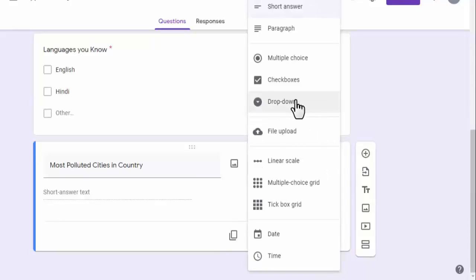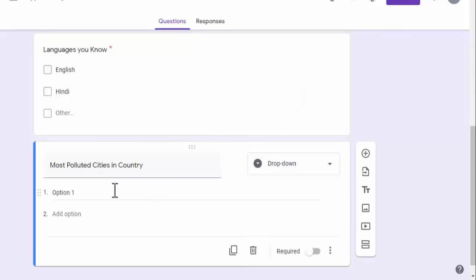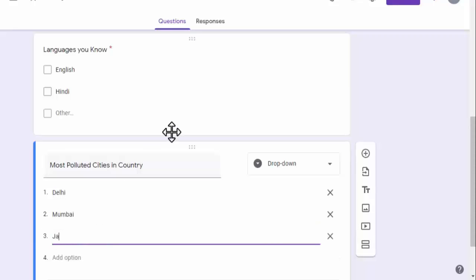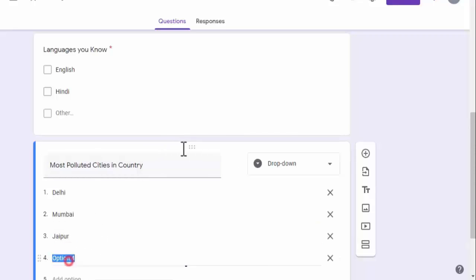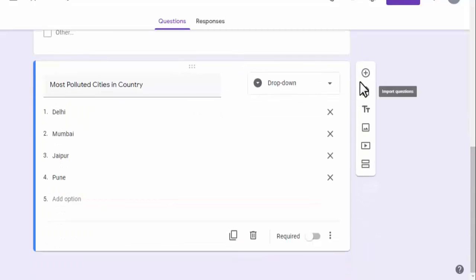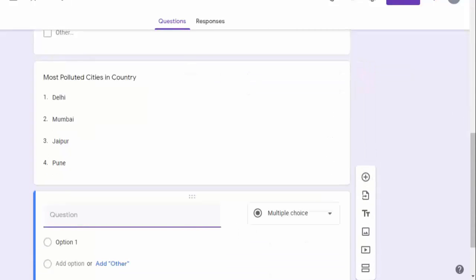Now we will select drop down list format for this question. Now I will add the last question in this form.